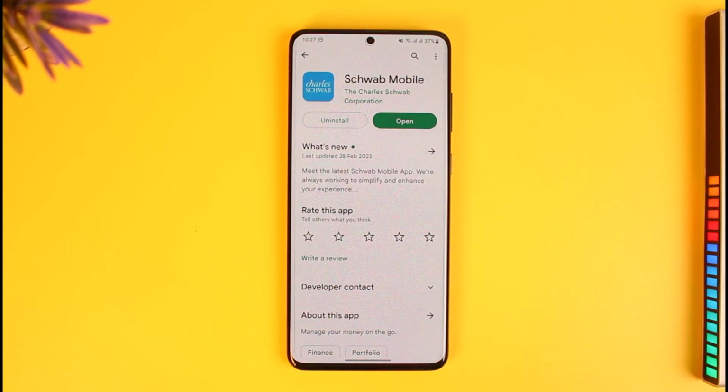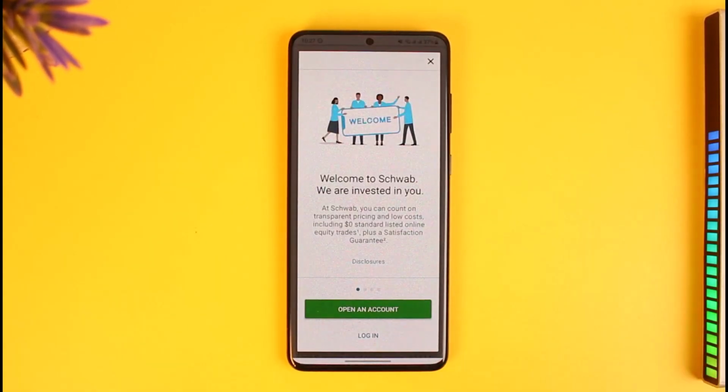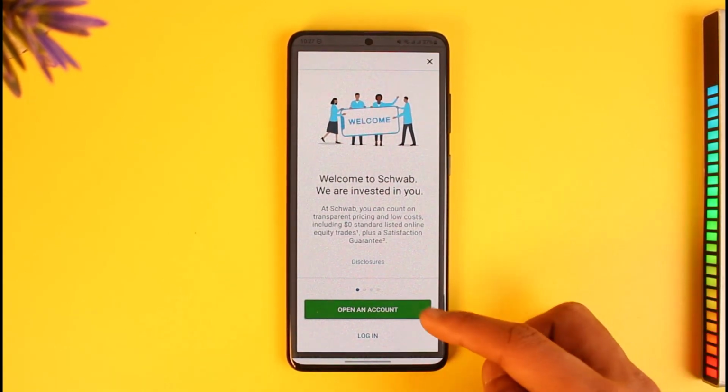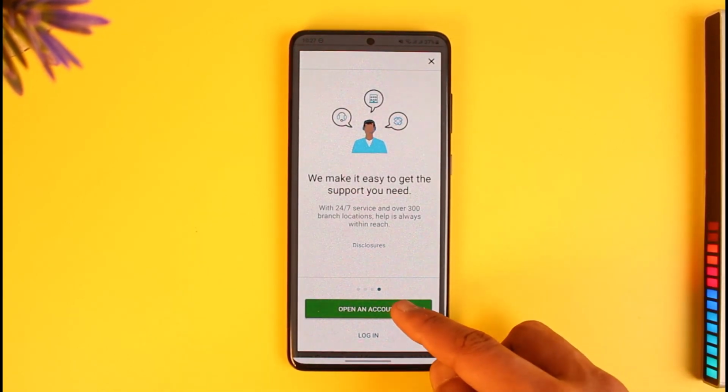Then once you've downloaded the application, I'm going to open it up. By default, whenever you open the app, it's going to give you a little pop-up that says welcome to Schwab, we're invested in you. And then it's going to ask you to open up an account. So if you don't have an account, we are going to just tap on the open an account green button